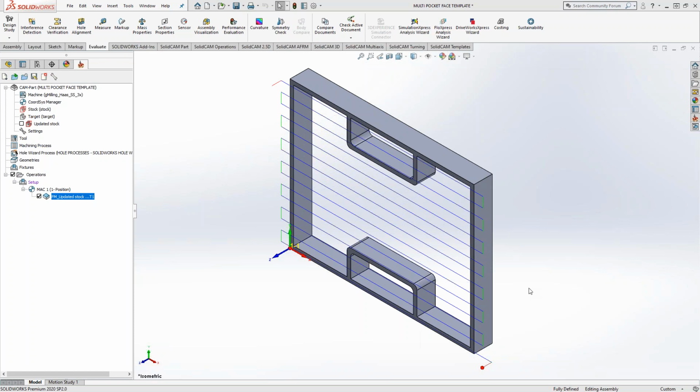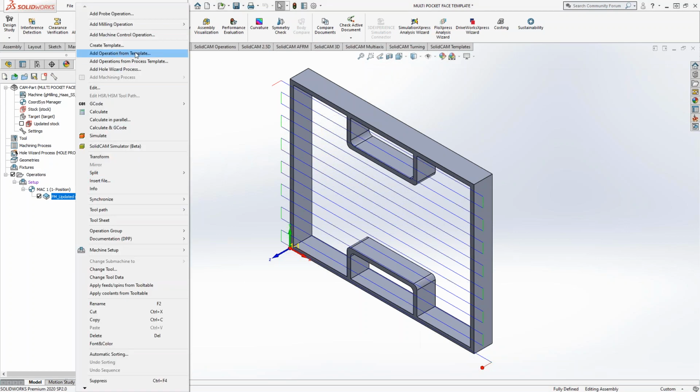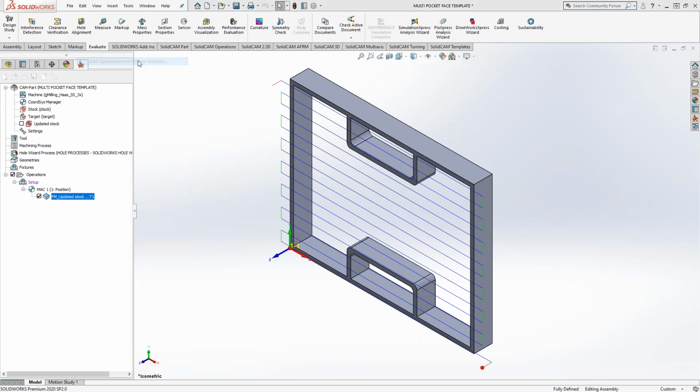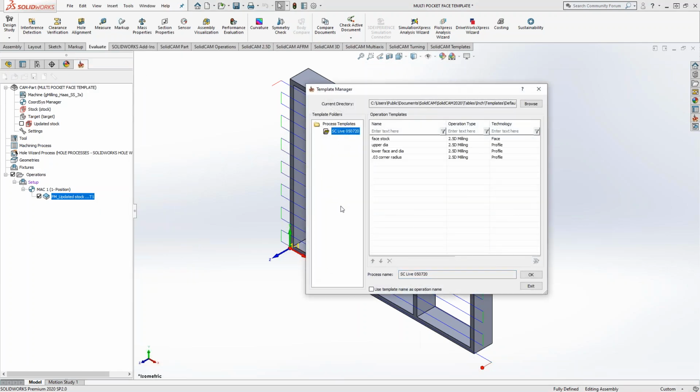You can do the same thing with templates for a group of operations. If I had a whole bunch of operations here, I can highlight all of them or highlight individual ones. And then when I right-click on it, instead of just creating a template, I can create what's called a process template, a group of operations. And that does the exact same thing. What it does is it saves the tools selected, it saves all the prompts in the individual toolpaths, and then when I load from the process template, let's say if I grab this one here that we did previously,